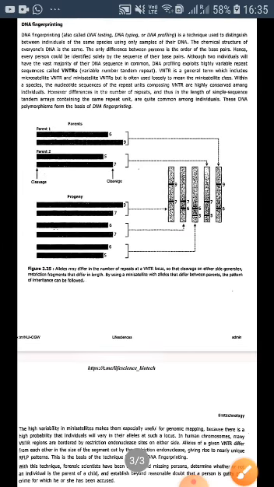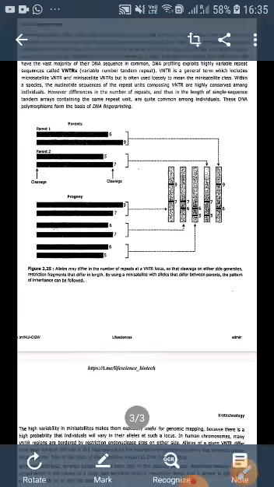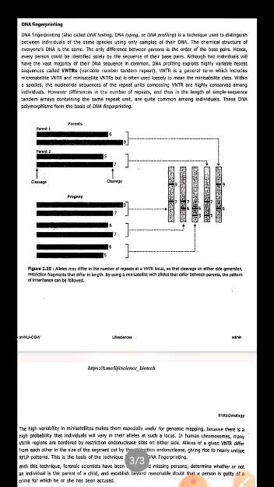Now we talk about DNA fingerprinting. DNA fingerprinting is also known as DNA testing, DNA typing, or DNA profiling, which is used to distinguish between individuals of the same species using only samples of their DNA. On the basis of DNA samples, we are distinguishing between individuals. This technique is mainly used in forensic labs.